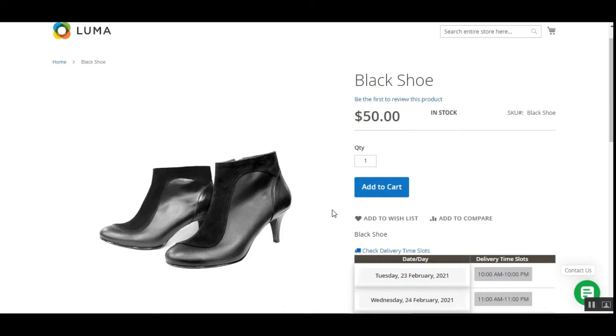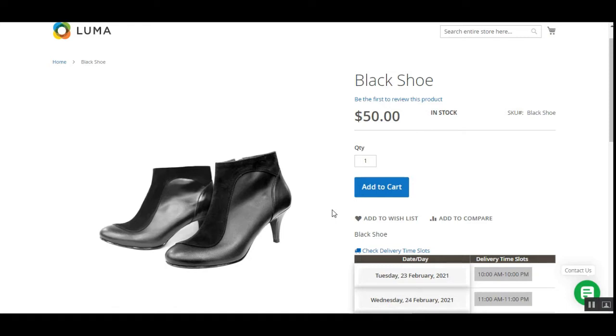time of checkout. Now, the customers can check the delivery day and date along with the time on the product pages as well. And after the completion of the purchase, the customers can see their selected date and the time slot in their order history, and the same is reflected over the email that is sent out to the